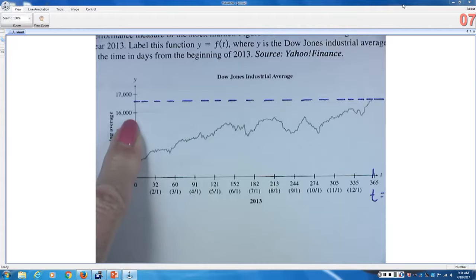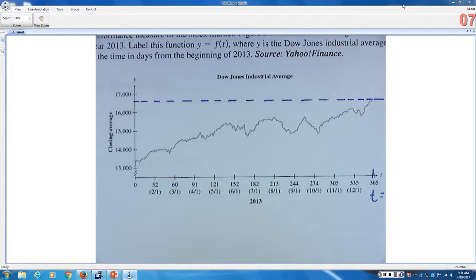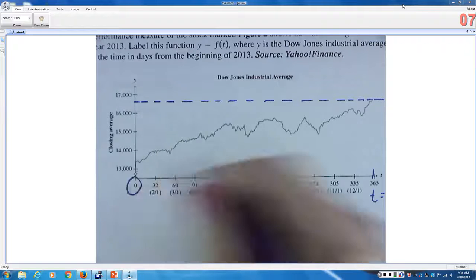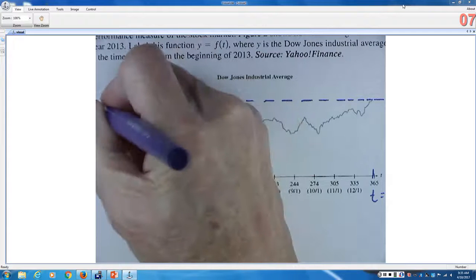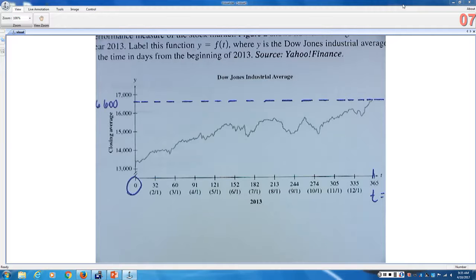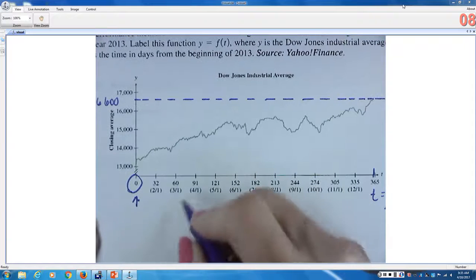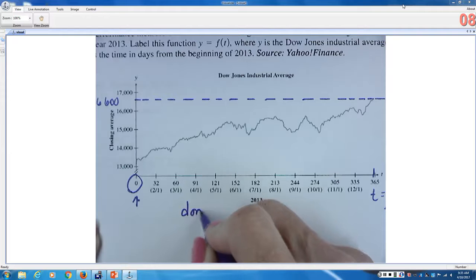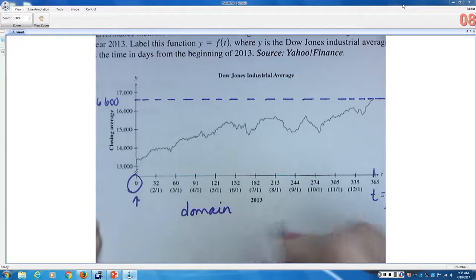And if you told me it was 16,700, I would buy that, because it would be really easy to be off just a little bit. So the range actually goes from 0 to approximately 16,600. The domain goes from 0 to 365. And you write those as an interval. So your domain interval would be